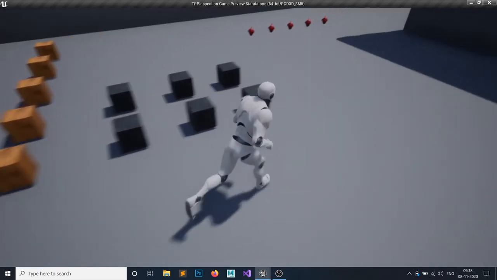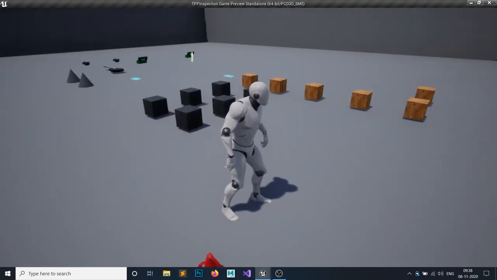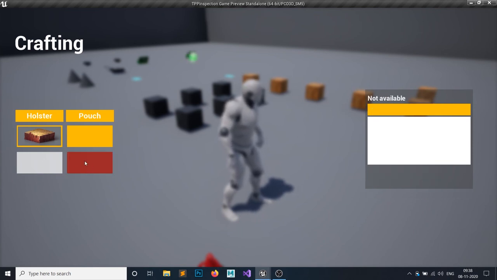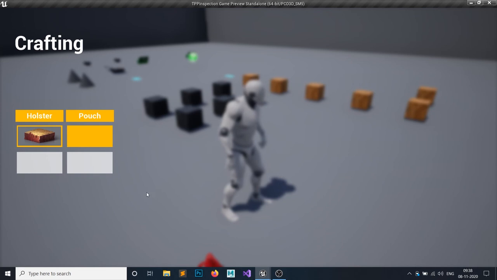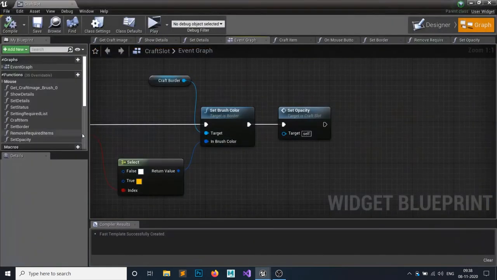And I think this is all for the craft items. In the next episode, we will do this neighbor unlocking. So if we unlock this item, then this should be unlocked, this should be available. And we will also make that smoke bomb, so you can craft and craft again, until you cannot craft more than that. So I think this is all for it now, and thank you so much guys for watching, and bye bye.